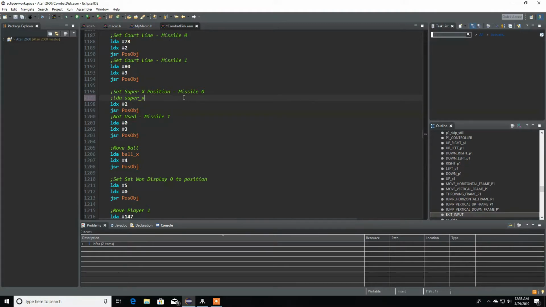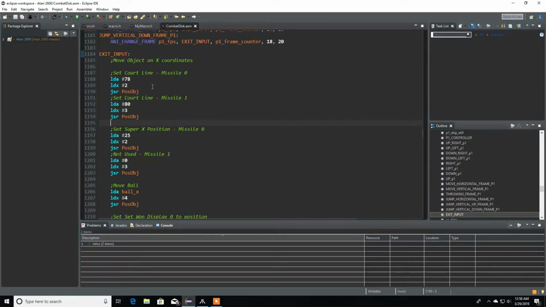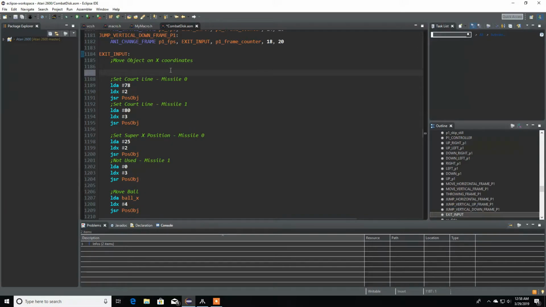No, actually, just give it some number, 25. That's good. So okay, we have that part down. So now we have our, actually comment even here further a little bit. So this is court lines. And here is our